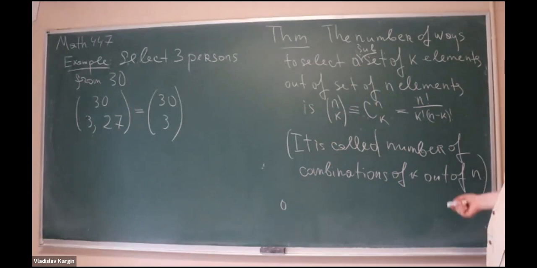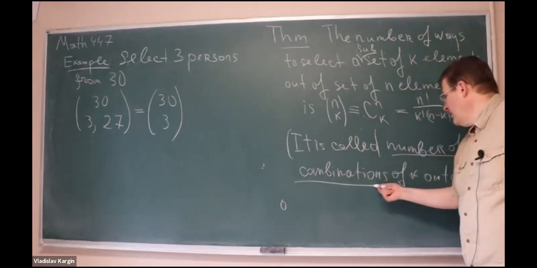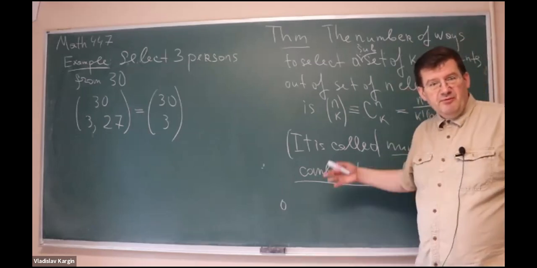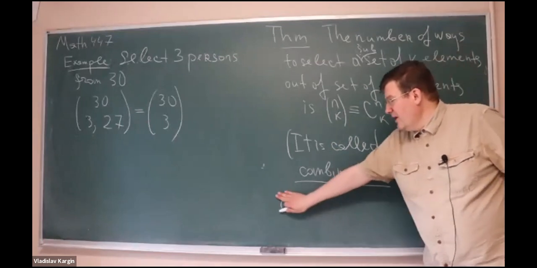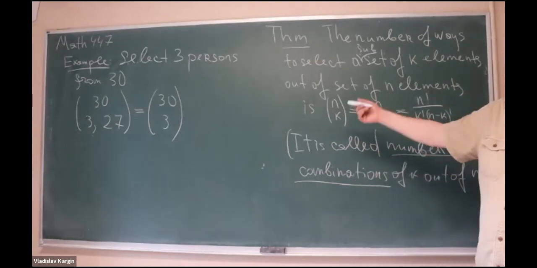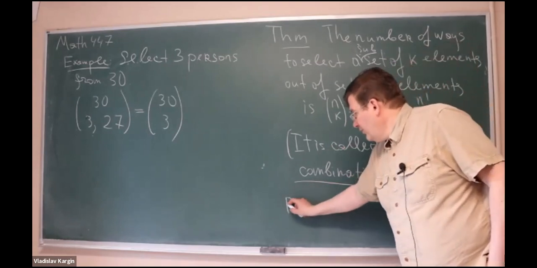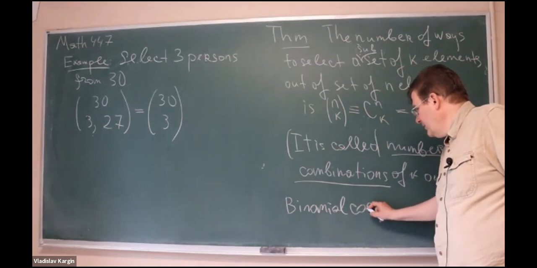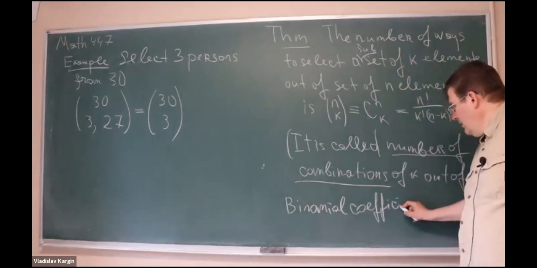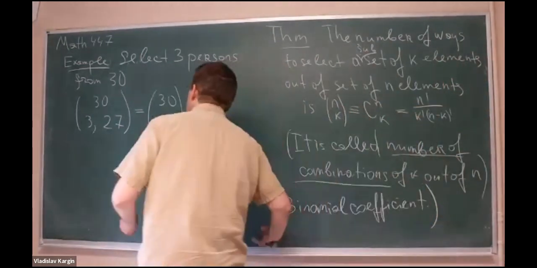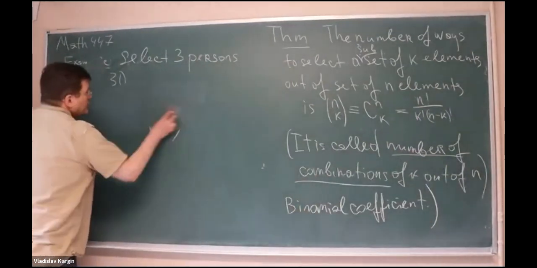This is an old name from combinatorics, and binomial coefficient is also an old name, but I think binomial coefficient now is more popular than number of combinations. And it's called this way just because if you use the binomial formula,